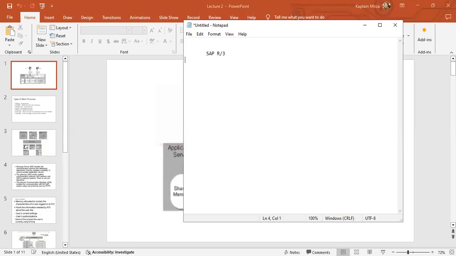SAP R3. Now, what is SAP R3? R is for real time, 3 is 3-tier architecture. Okay. What is this 3-tier architecture? The top tier is presentation server. The middle layer is called application server, and the third is database. This is how SAP is